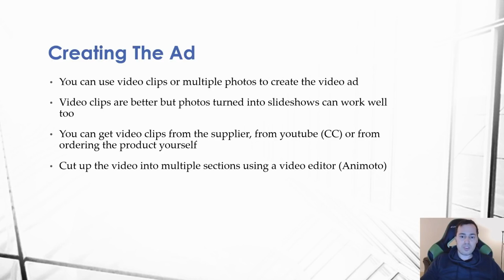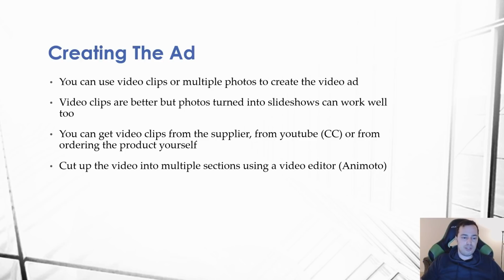Or obviously the best way to go ahead and get clips for your video ad is to actually order the product yourself. Now obviously I get that most people don't want to do this up front, but let's say you have a product that's doing really well for a couple weeks into a month. It's turning out to be a pretty profitable campaign for you. It would definitely be worth going ahead and ordering the product yourself so you can get some custom video footage of it, so that way you can kind of elongate the lifetime of profitability for that product, so that way when your initial ads get ad fatigue, you can come out with ads that none of your competitors are going to have, because you actually ordered the product and it's